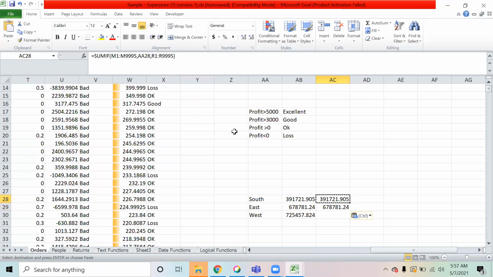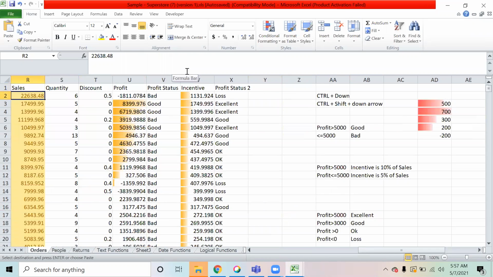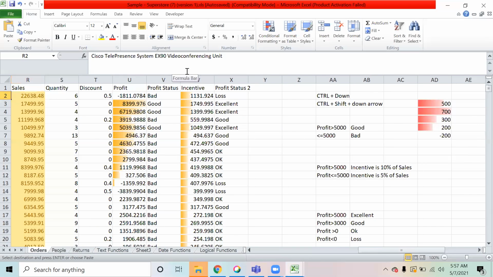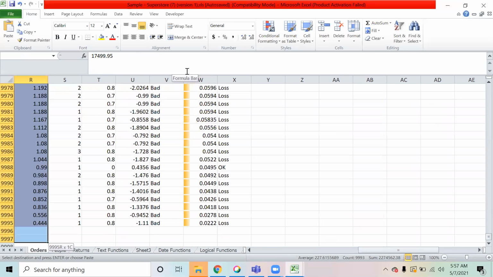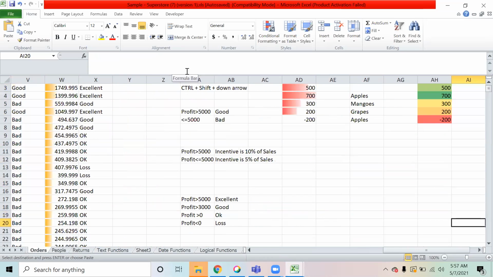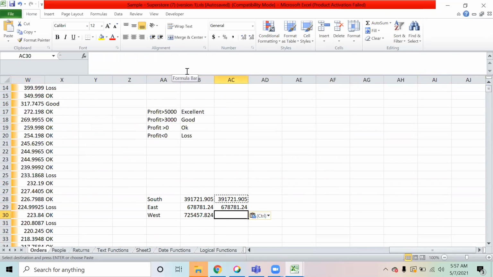And this range also, R1 to R99995, has also become R2 to R99996. That means the range has become starting from this point up till here. And when I further paste it, it will ignore this value and start from here up till here. Are you all with me on this? Right. So if I paste it down again, you can again see the change has happened.